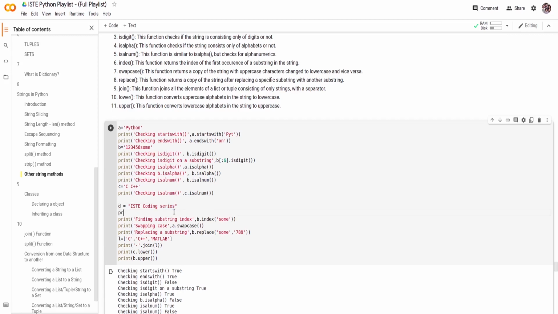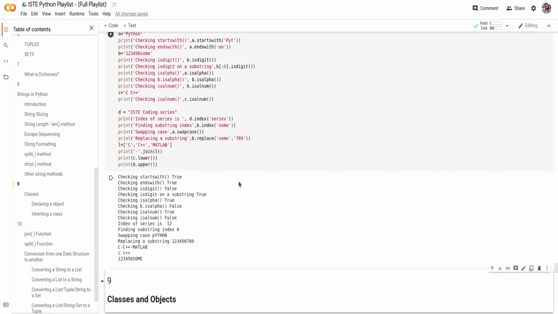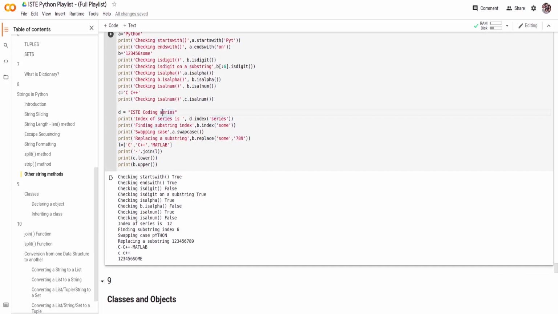So I'll print "index of series is", and I'll go with d.index of whatever I want to find the index of. So I'll do d.index("series"). You can see that the index of series is 12. It starts at the 12th index, which when you count comes out to be true.